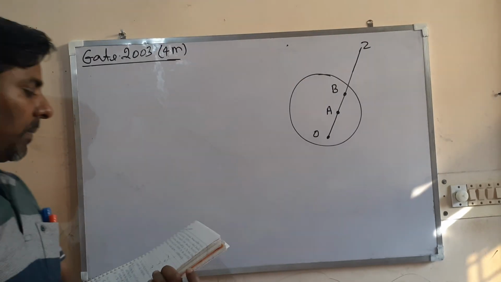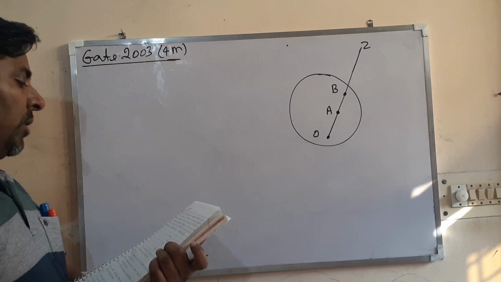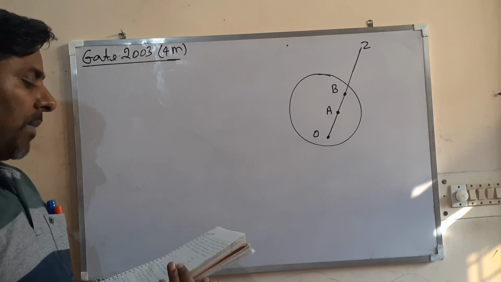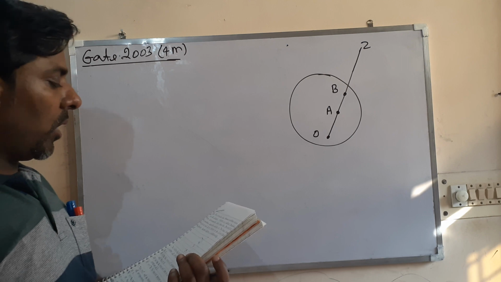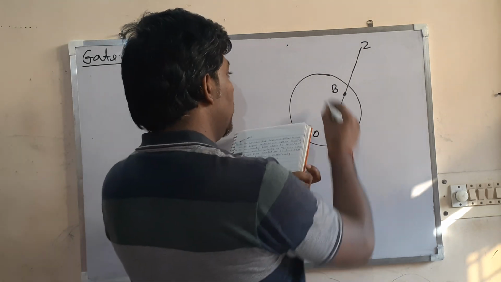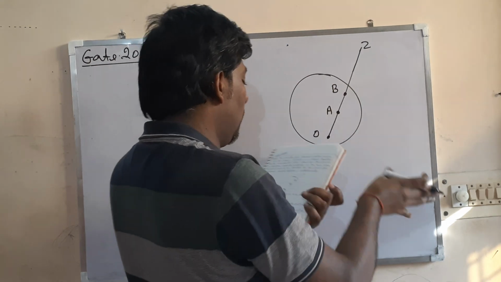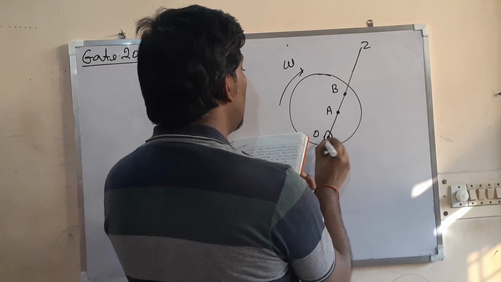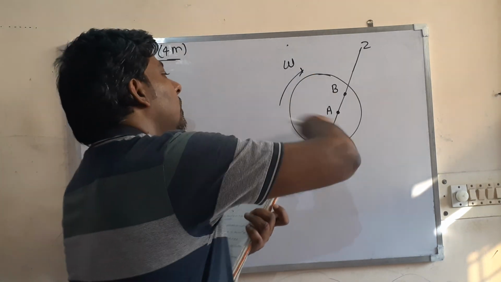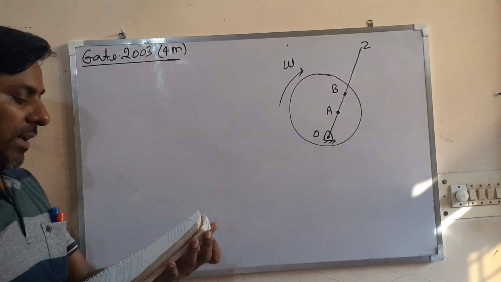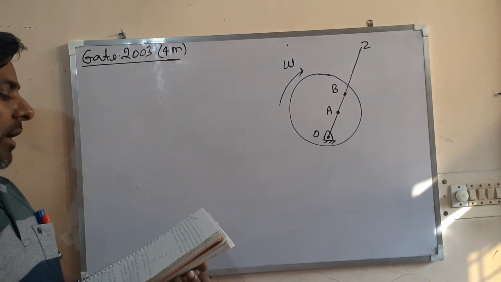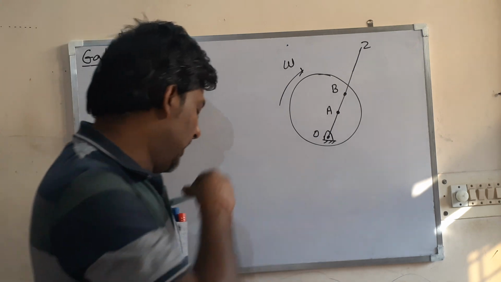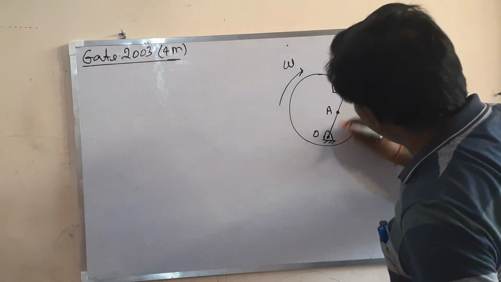Okay, let us read the question. The circular disk shown in plane view in the figure rotates in a plane parallel to the horizontal plane about the point O at a uniform velocity. So this disk in this plane is rotating with an angular velocity omega about O. The 2 other points A and B are located on the line OZ at a distance RA and RB. These points are at a distance of what?